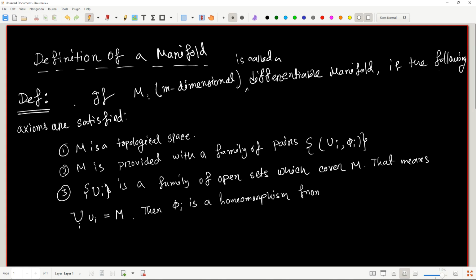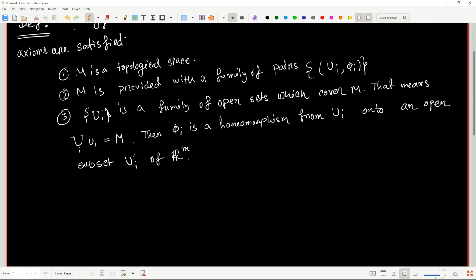a homeomorphism from the open sets Ui on M onto an open subset U prime i of the m-dimensional Euclidean space. And this is what we mean by the local flatness that we discussed in the previous lecture. So on a manifold we can define this sort of a homeomorphism. And then finally,